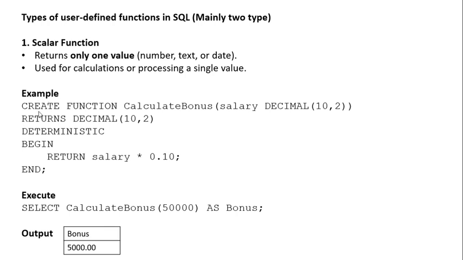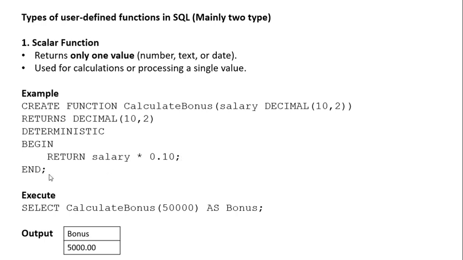In the example, CREATE FUNCTION with the function name calculate_bonus, with parameter salary DECIMAL(10,2), RETURNS DECIMAL(10,2) DETERMINISTIC, BEGIN, RETURN salary multiplied by 0.10;